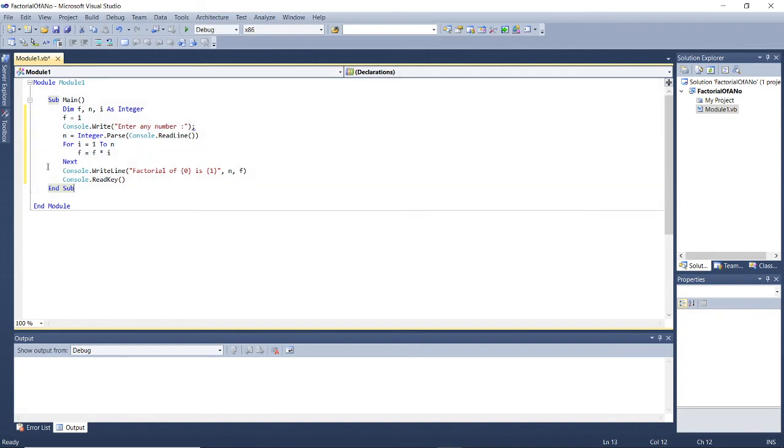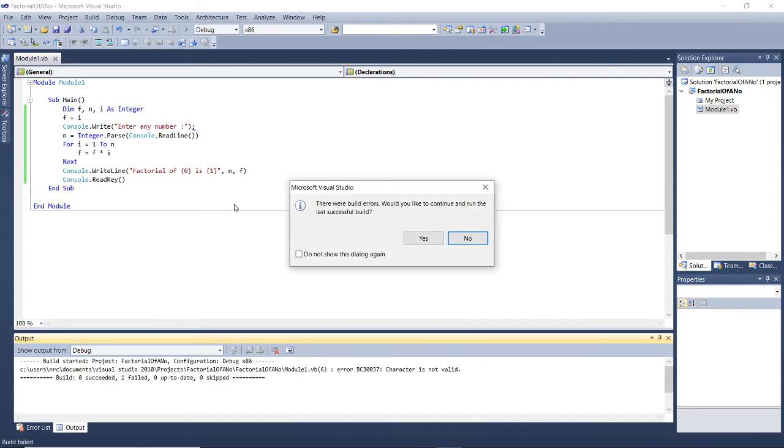So what is new in this program for you? That this is a for loop, and if you see this for loop, you can easily understand how this for loop is executed. Initially the value of I is equal to 1, this value is incremented by 1 every time at this next, and what is the last value of I? It is n. Once the value of I is greater than n, your for loop terminates. So we will save this program and execute it.